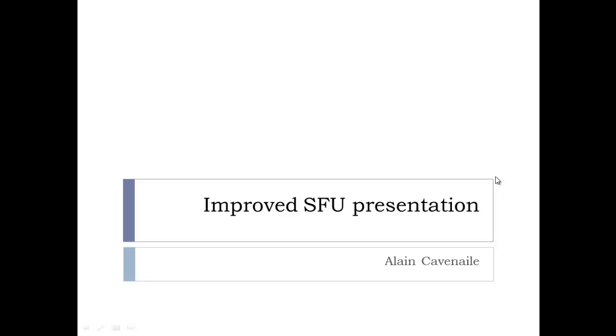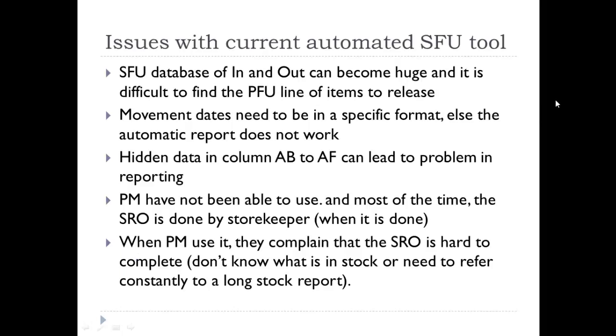Before going through this video, please ensure that you are familiar with the KitLog automated SFU. The issues with the current automated stock follow-up tool are as follows. The SFU database of in and out can become huge, and it is difficult to find the PFU line of